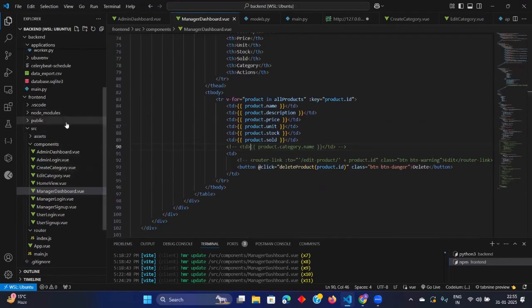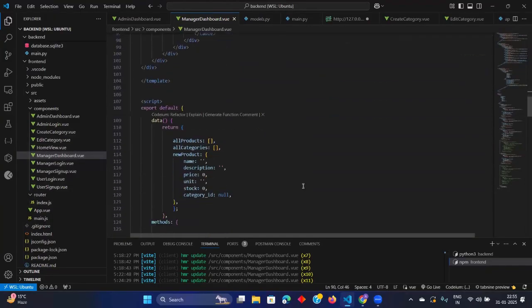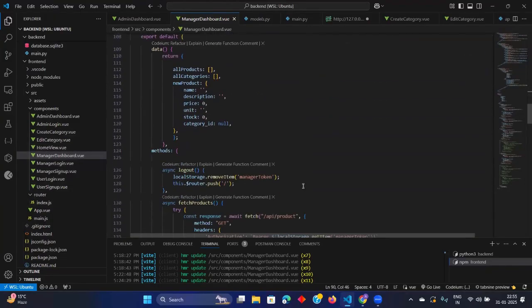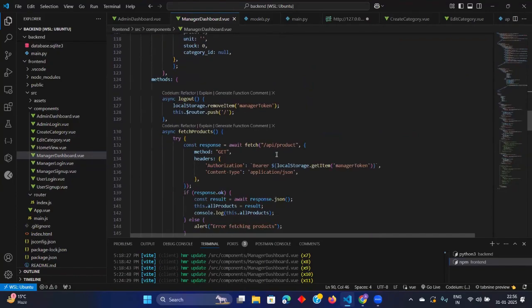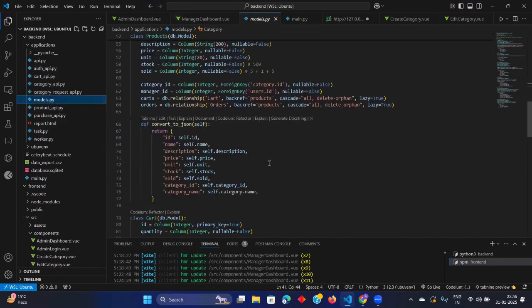Okay, so actually the thing is, these are models. Oh, fine. The issue was this. This is product.category_name actually.